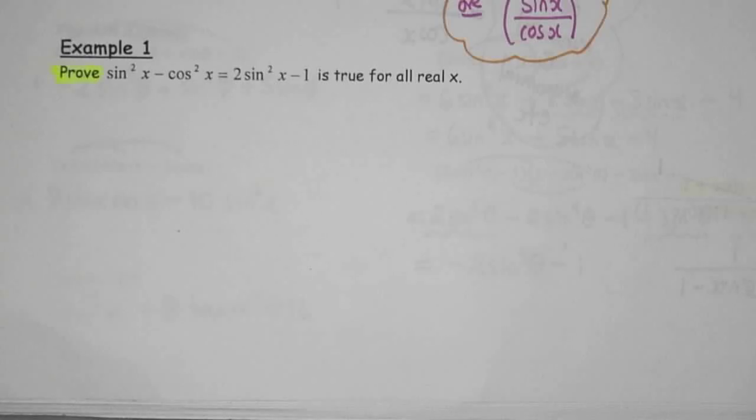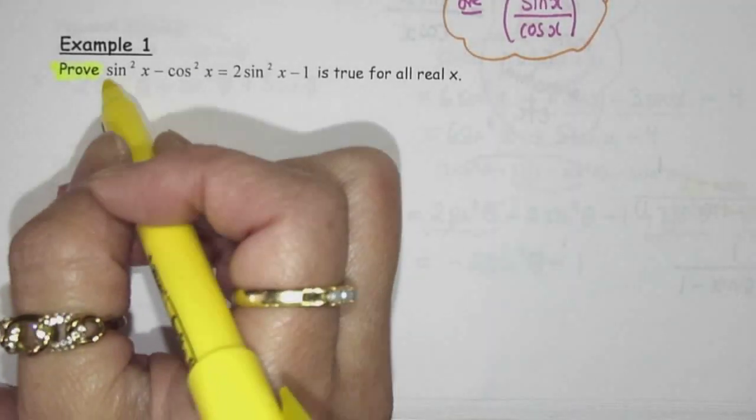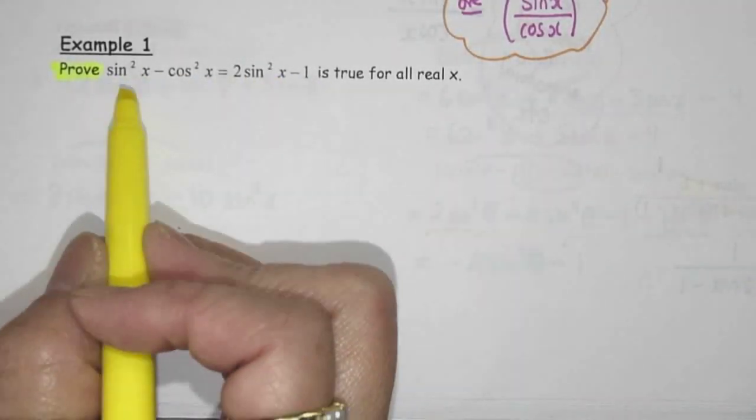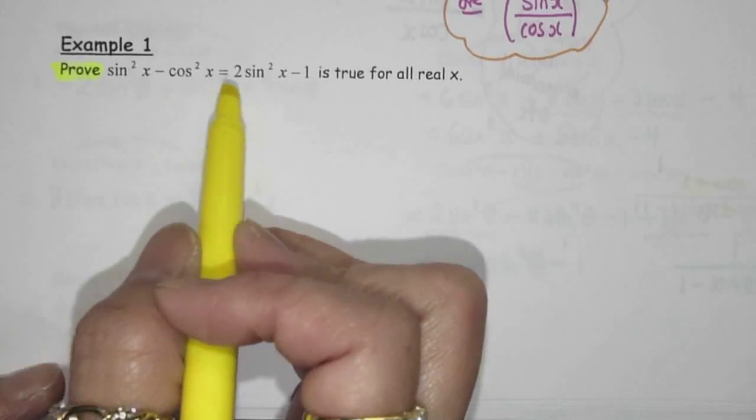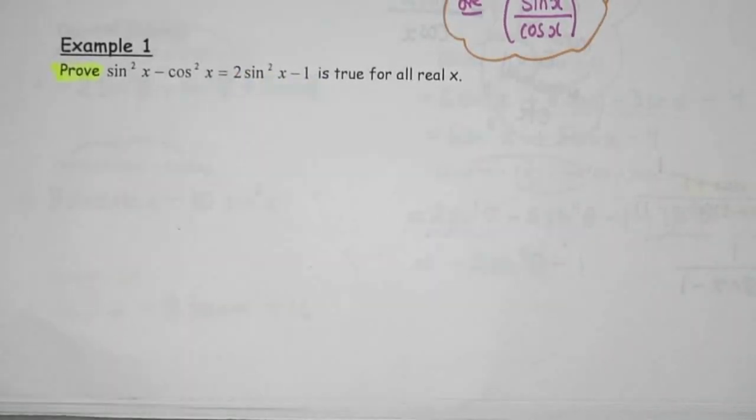When I say to prove, I mean for all x, right? So that just means prove that this is true. What are you trying to prove? You're trying to prove that this equals this. You're trying to prove that sine squared minus cos squared equals 2 sine squared minus 1, using only the identities